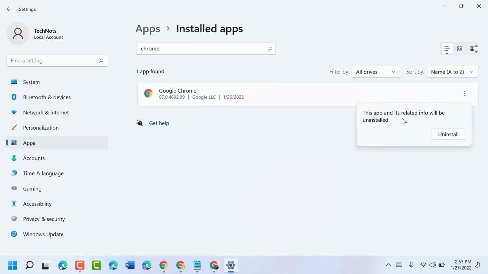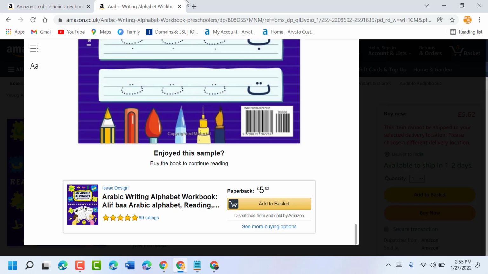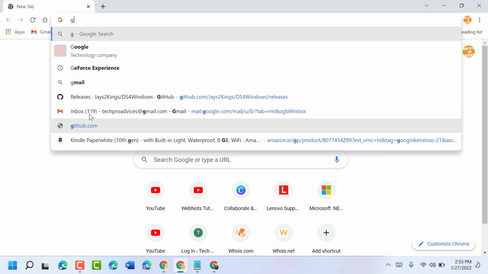This app and its related info will be uninstalled. So if you are sure, click on Uninstall. After uninstall, restart your PC or laptop, and after restart open any web browser, then type here Google Chrome,